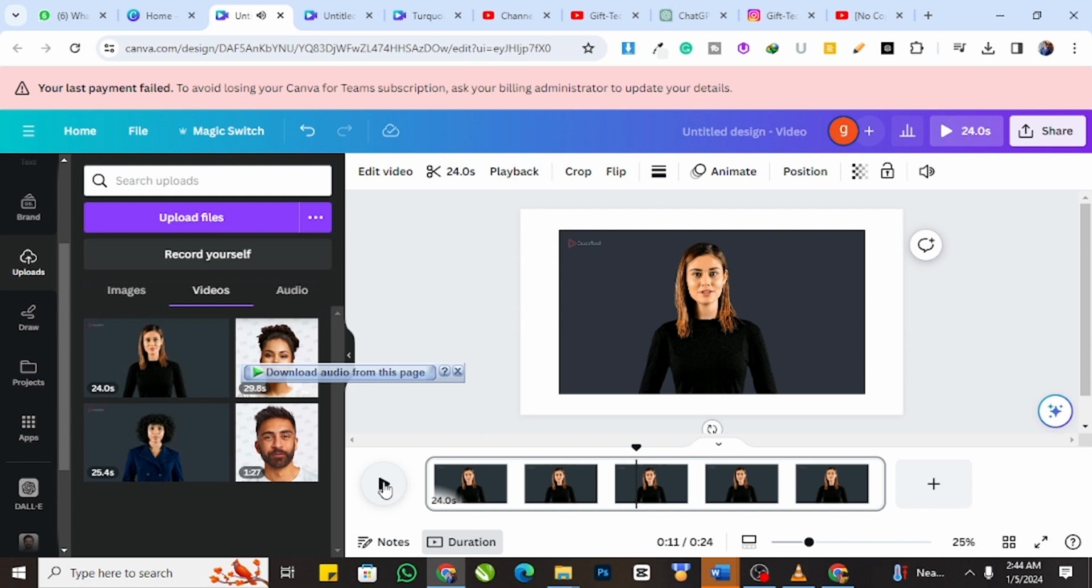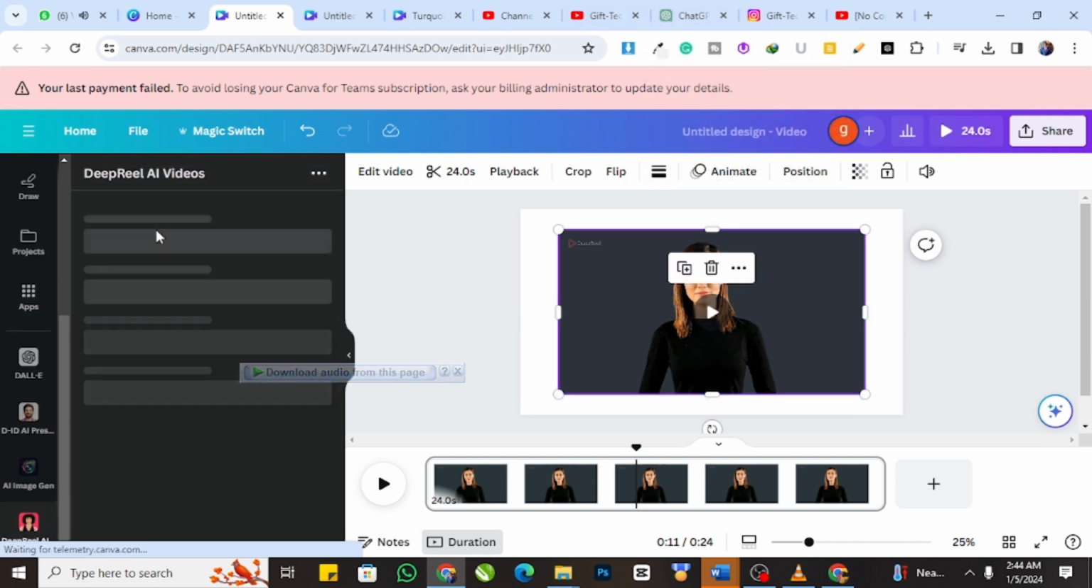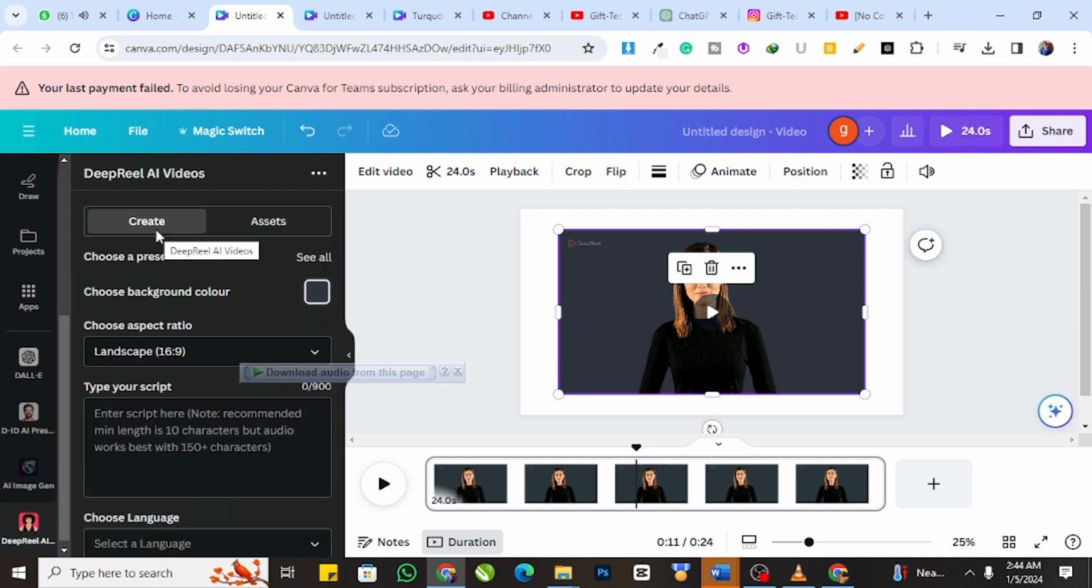So wow, you may be wondering, how did I achieve this? I used ChatGPT to generate a content. When we come back to this deep read, the moment you select your character,